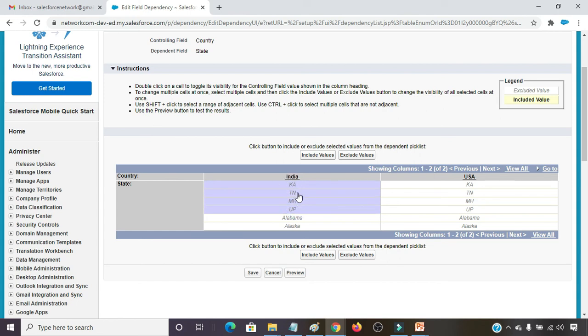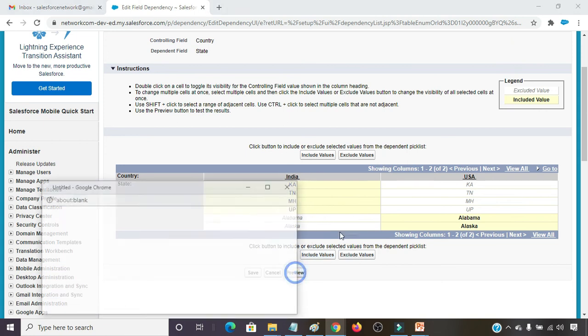These states come under India: Karnataka, Telangana, Maharashtra, UP, and for USA these two states are there. And finally clicking on include values means it's included.